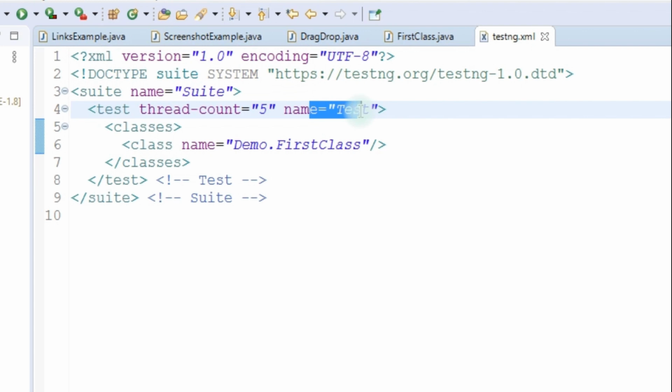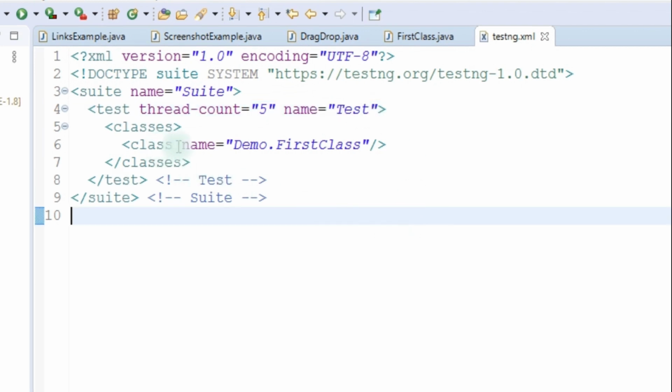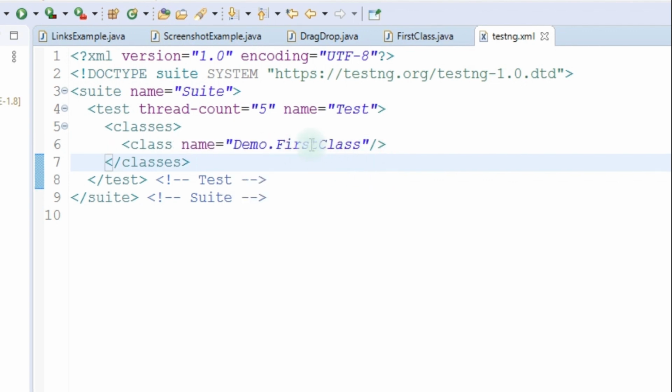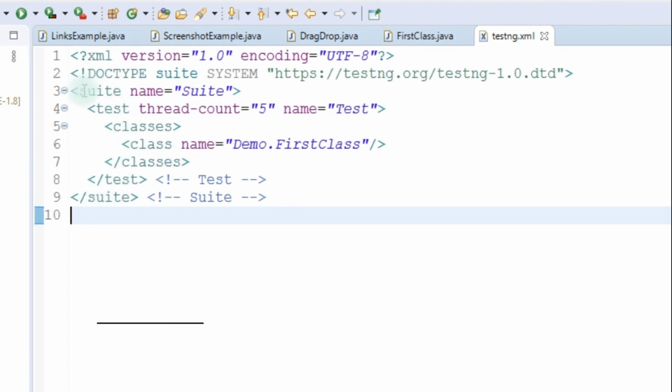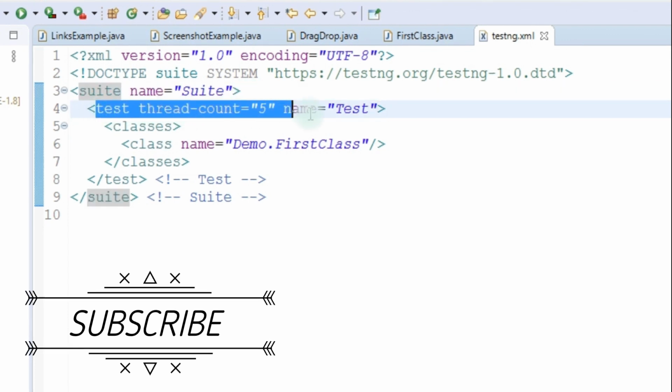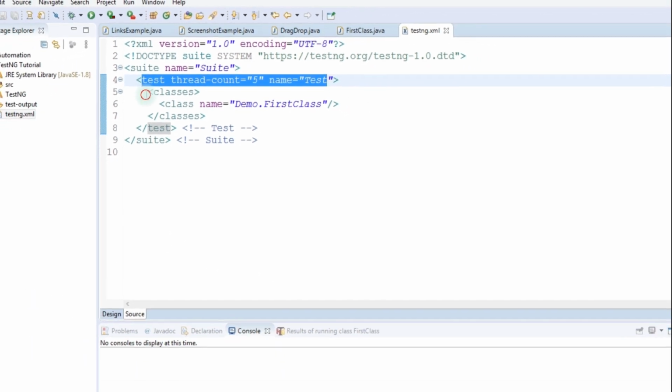Then name equals test, and the class that we have created, where demo is the package name and the first class is the class that we have created. So this is the hierarchy of the TestNG project. First the suite will open, then some configuration will be applied, and after that the classes are written.